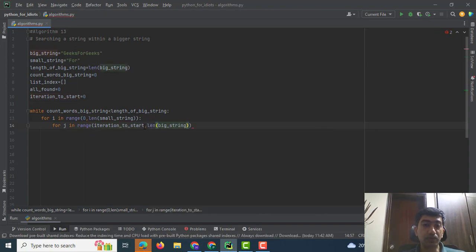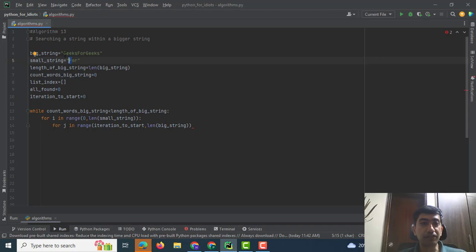Okay, now why have I made this iteration to start? So basically, for example, when we start with the i, this i gives us first f, then it traverses through the big string g, e, e, k, s, and it finds f. Okay, now when my for loop goes back to find o, I don't want my second for loop to go through g, e, e, k, s again. I want it to go from o. The next iteration should be from o, not from g. Okay,